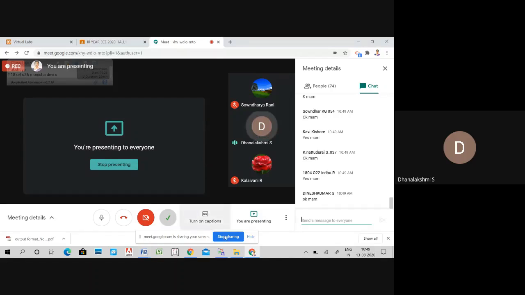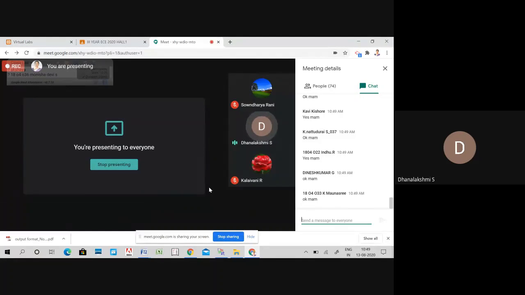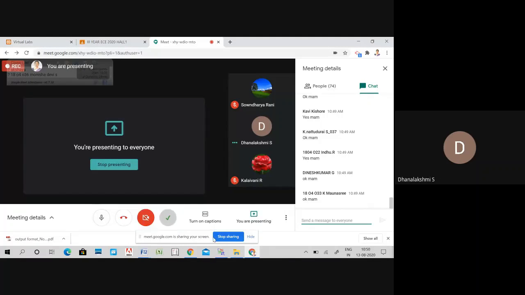You can work out various combinations of input and what the output is going to be. Like that, you can study and submit different inputs and different output combinations.